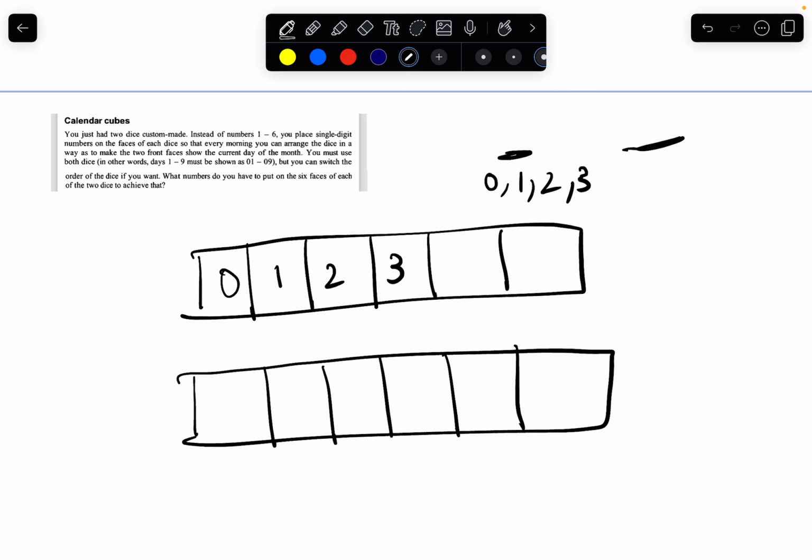And the second place, what can come? Well, anything from 0 to 9 can come in the second place. 1, 2, 3, 4, 5, 6, yes. So anything from 0 to 9 can come in the second place. So beware of that. Think along those lines. So if anything can come,